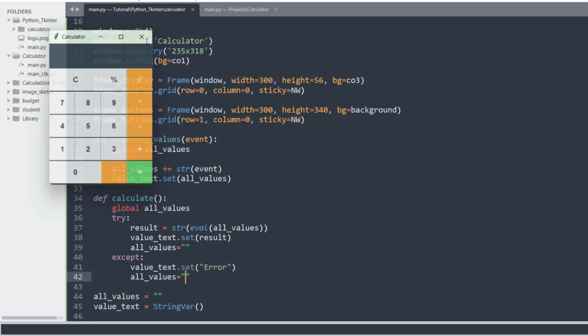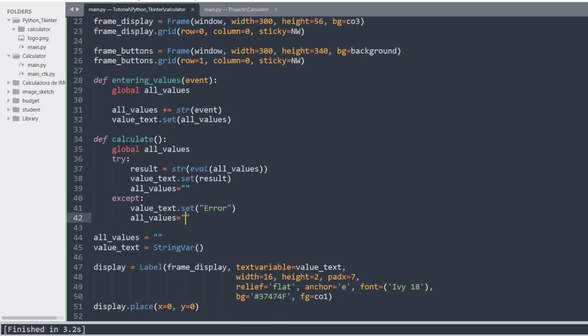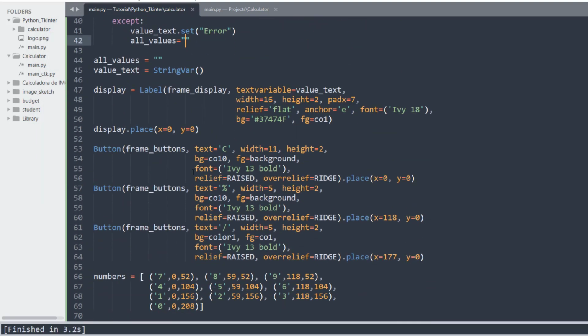So the next step, we need to connect this calculate function with those buttons. In order to do that, we need to use a command with the lambda operator. So for that, we are going to do something like this. See, this one is a little tricky. Let's use the lambda operator. So here in the first frame,